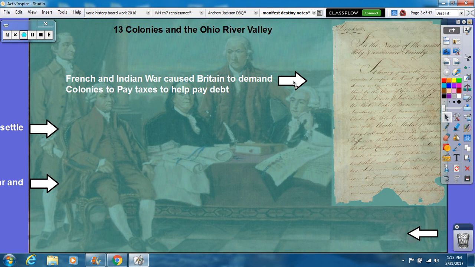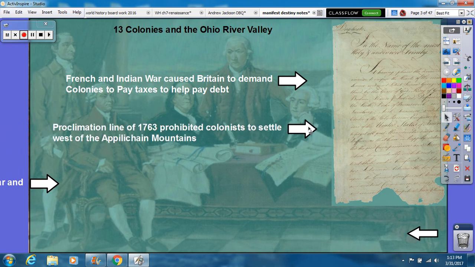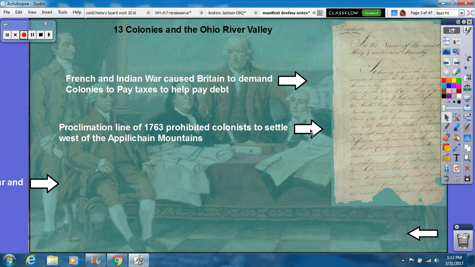And the Americans are really upset because of that rallying cry, no taxation without representation. They weren't upset that they had to pay a tax. They were upset that they were not given representation as British citizens, a voice in Parliament, and the ability to govern themselves. Remember, our American people are a product of the Enlightenment and model even today our government on the British. So one of the first things that escalates is the Proclamation Line of 1763